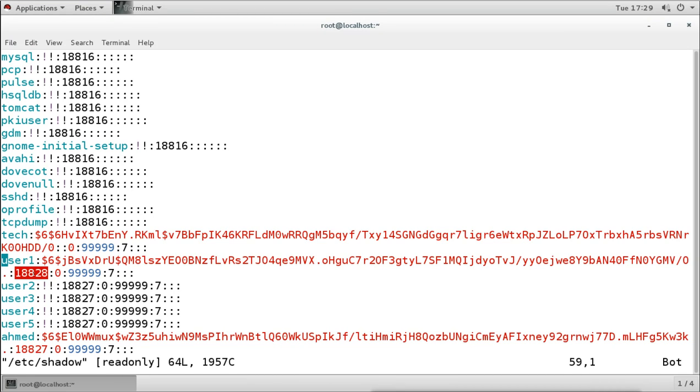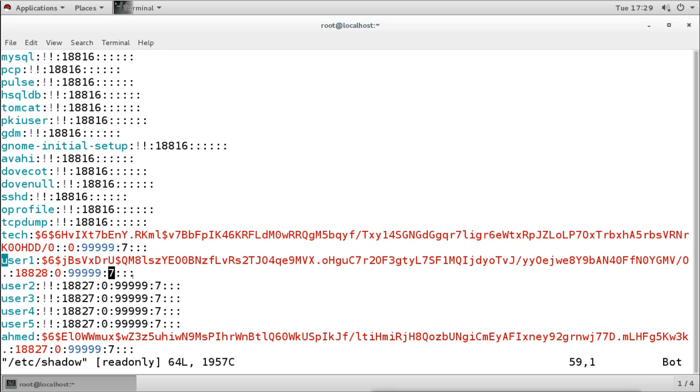Then we see the minimum password age, then the maximum password age, and then this is the expiration warning. Before the password expires, 7 days before, it will give us a warning that your password is going to expire and you have to change the password.